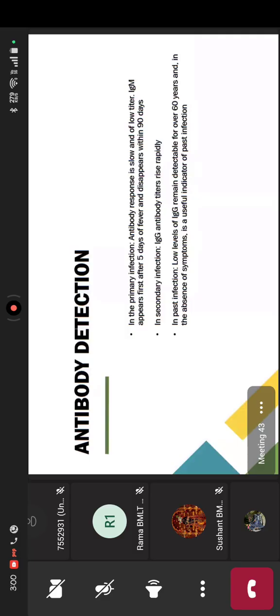अगर सेकेंडरी इन्फेक्शन की बात करूं तो IgG एंटीबॉडी को आप डिटेक्ट कर सकते हैं। और अगर पास्ट इन्फेक्शन की बात करूं, it can be detectable over 60 years, मतलब 60 सालों तक आपकी बॉडी में प्रेजेंट रहता है। सपोज किसी पेशेंट को डेंगू हुआ है 2 साल पहले, 1 साल पहले, 6 महीना पहले, लेकिन वो ठीक हो चुका है, तो फिर भी उसकी बॉडी के अंदर IgG एंटीबॉडीज प्रेजेंट रहेंगी, और ये एक इंडिकेटर है पास्ट इन्फेक्शन का, राइट।